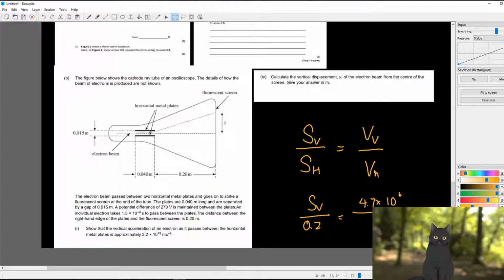Okay. 7.5 times 10 to the power of 9 seen or used. Strike a fluorescent screen. Yeah. Maintain an individual electron takes to pass through the plates. Oh. Wait a minute. To pass through the plates, so